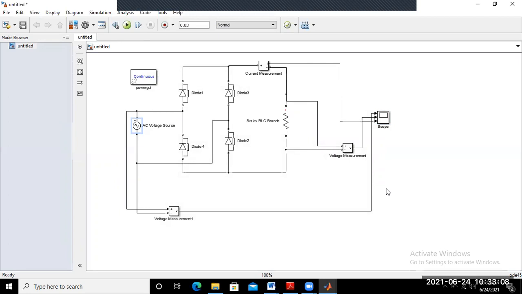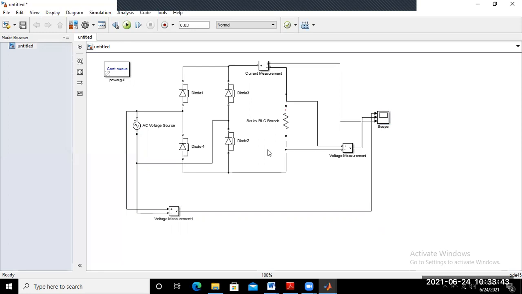So basically we obtain the output waveform from this simulation block. It's a very basic difference. All the blocks are connected in the proper manner, selected from the library and put in the workspace.